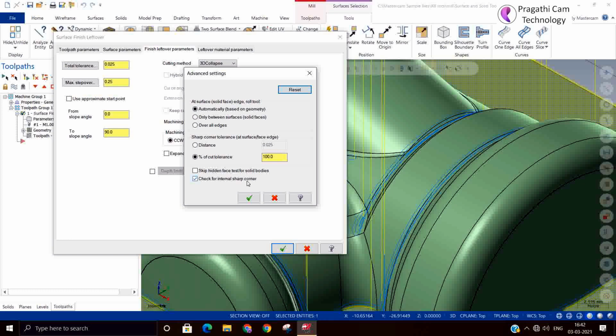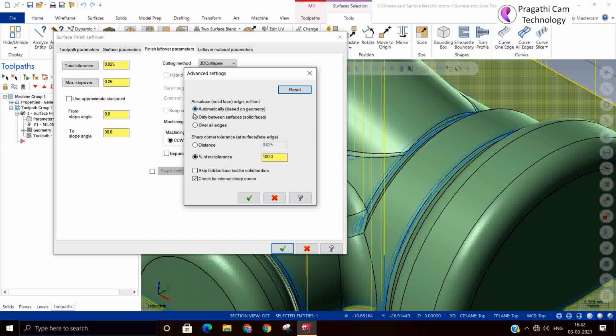These three strategies are always switched on by default. Many people don't know the purpose of these particular strategies. Okay, so automatically they work based on the geometry, only between the surfaces, over all edges.